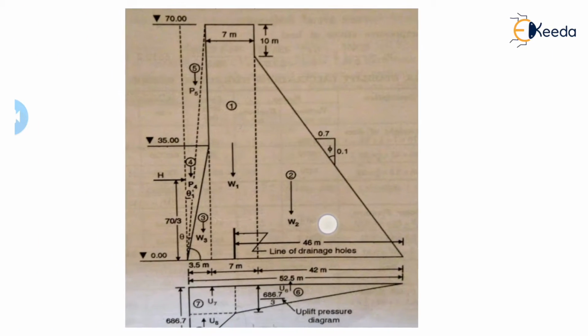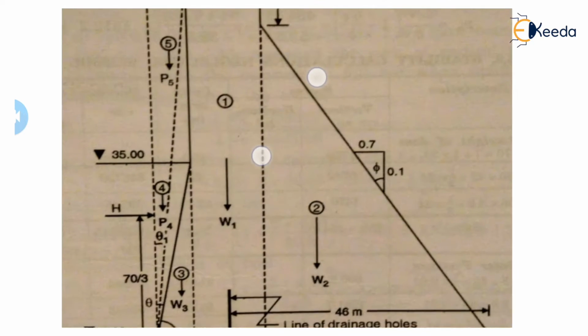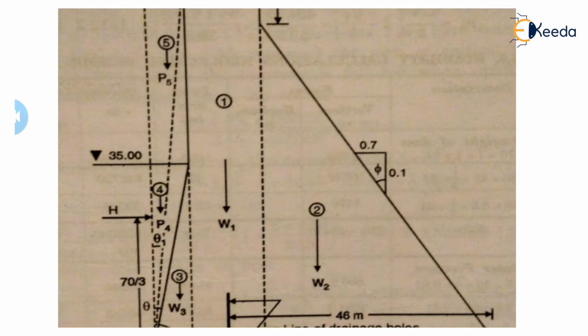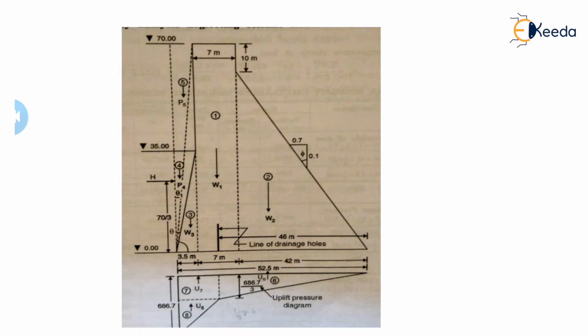Okay, so here the second section is the triangular one, but here they had not mentioned any height. After the 10 meter, how much the height is there, we don't know. So we can easily find out simply 70 minus 10, it is 60. Or if the 70 is also not given, we can find out that height by using that slope, 0.7